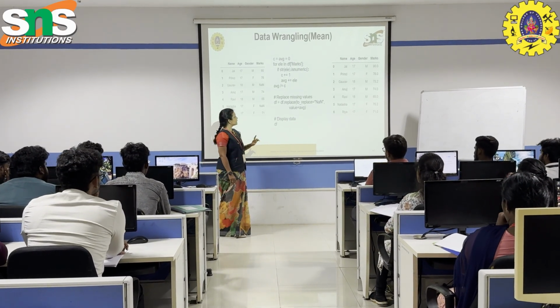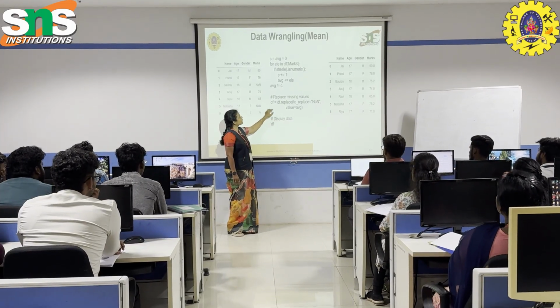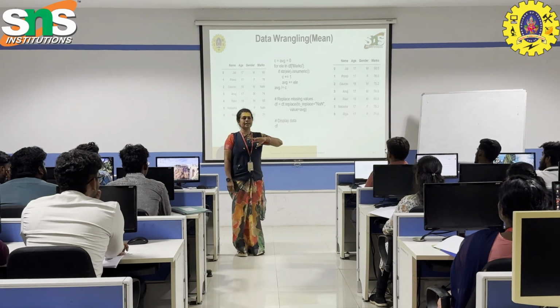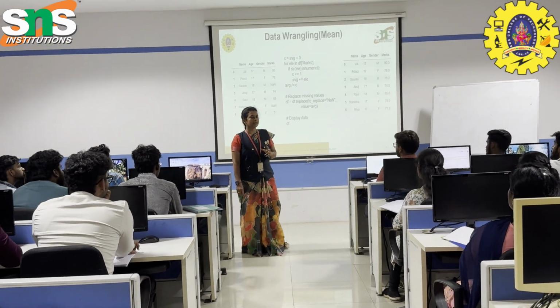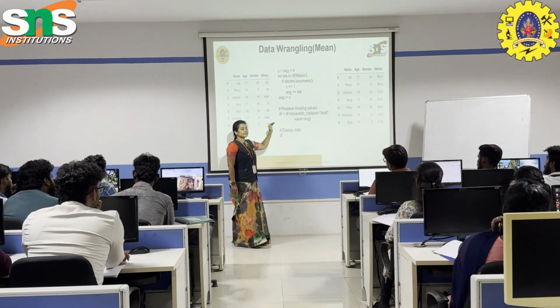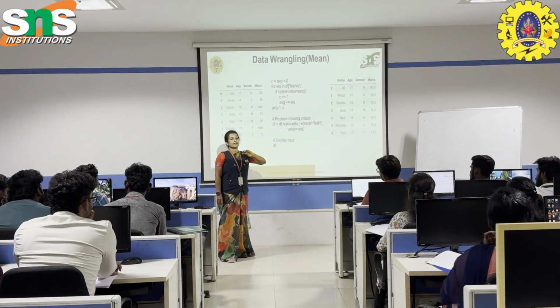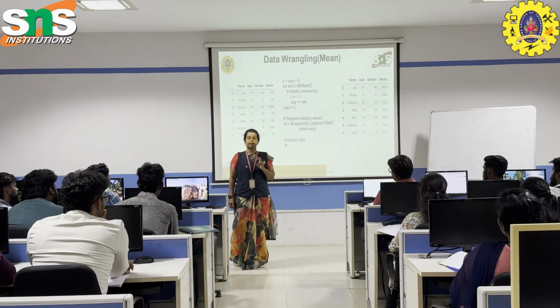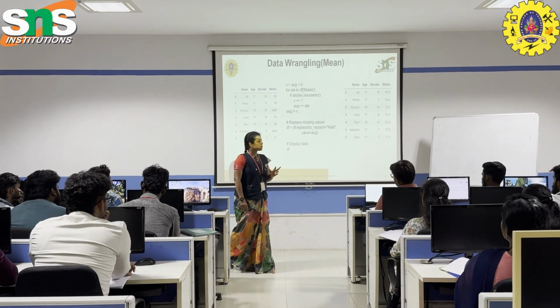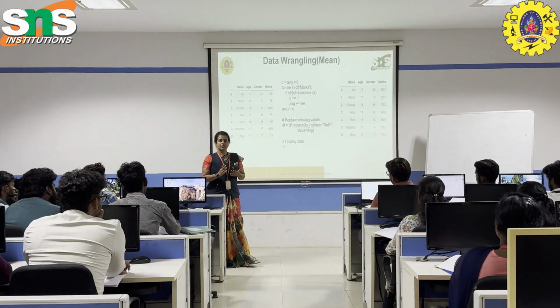Hope you understand. So this is the small program. The name of this program is called data wrangling. What's the name of this process? Data wrangling, to avoid the missing values or noisy data. For that we are taking two variables, count and average. The initial value assigned to count and average is equal to 0. So what's the current value for C and average?